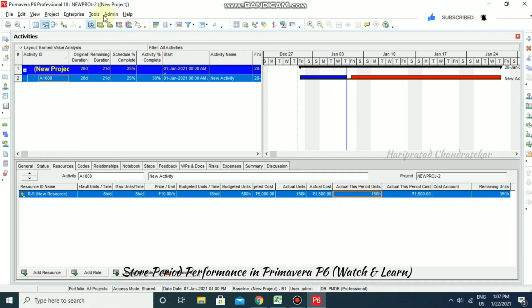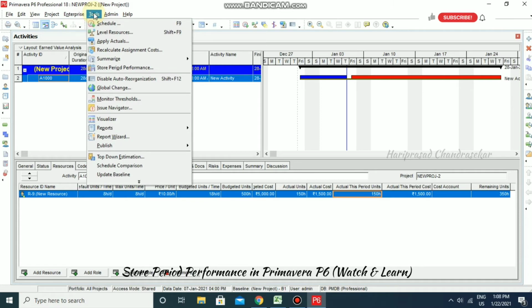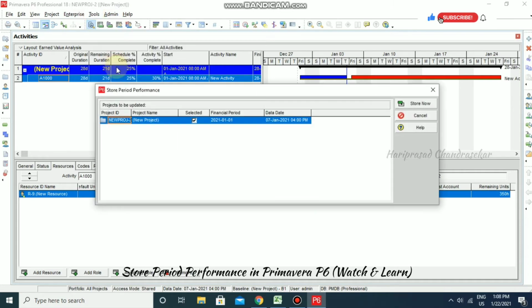Now we can go for tools and then store period performance. And here we can select the financial period. By default it is coming 1st to 7th June, and I'm going for store now.